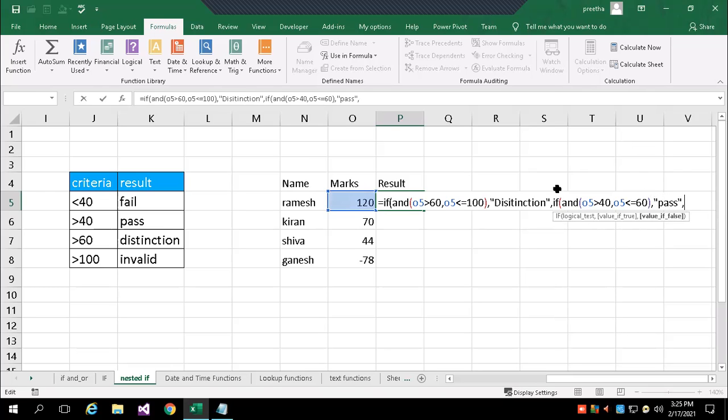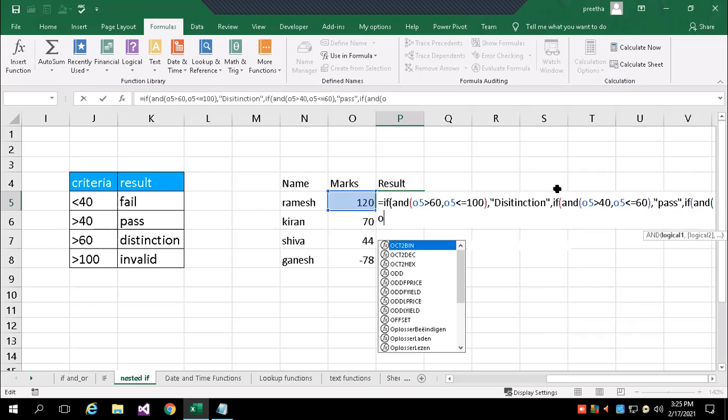Else if, and O5. If I miss one parenthesis or comma, it will show a syntax error.